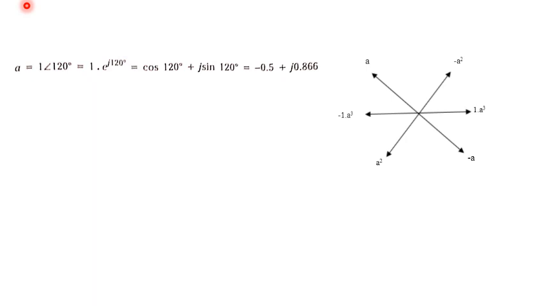Next, consider an operator A. We are already familiar with the term j, that is a 90 degree rotation. In the case of symmetrical components, it is very convenient to have a shortened method for indicating the rotation of the angle by 120 degrees. So we'll consider the letter A.